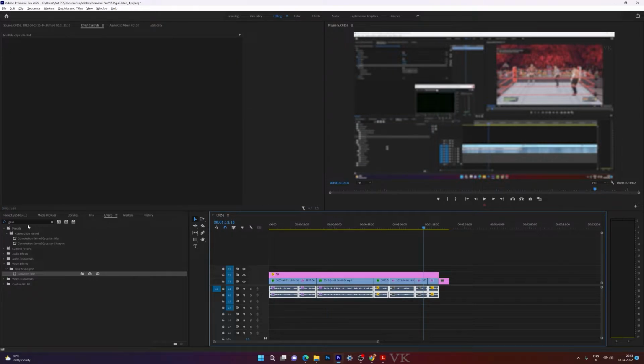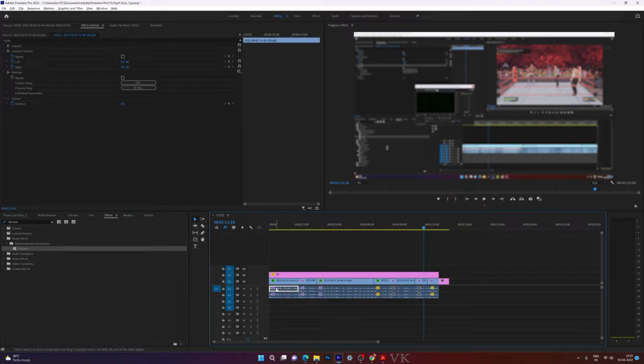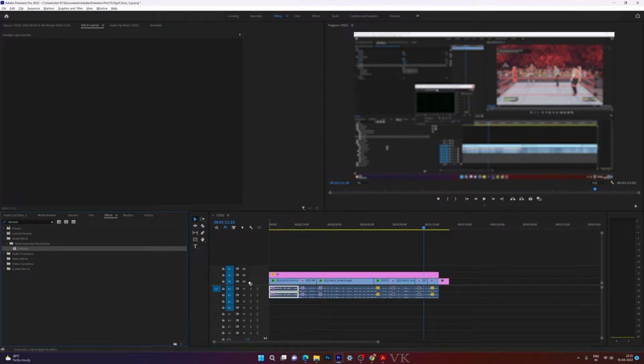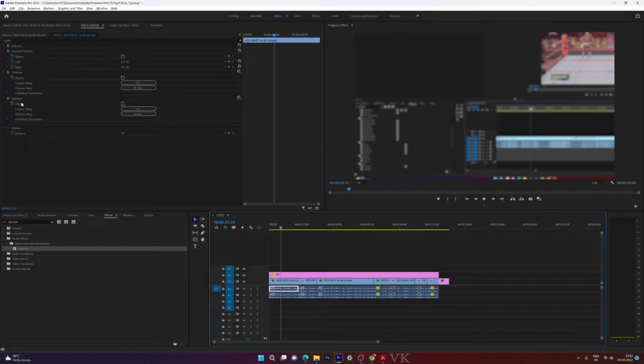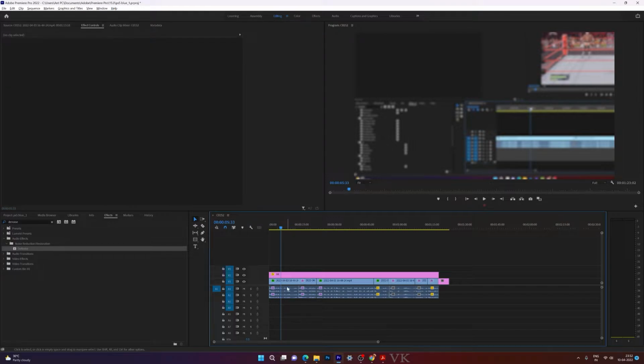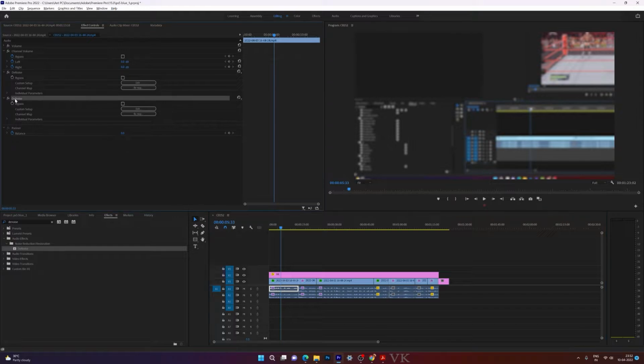And for audio tracks, I'm going to apply the denoise. Okay, I'm going to apply it to a single clip. So denoise is applied. You can see this information, denoise, but the remaining audio clips don't have that, so I'm going to copy it. So choosing the audio track and going to copy